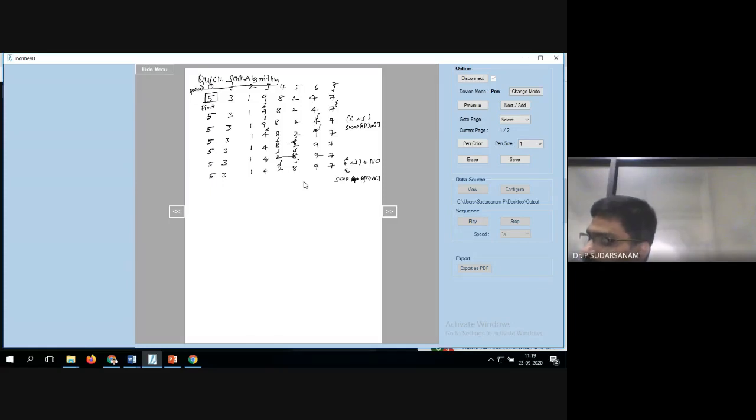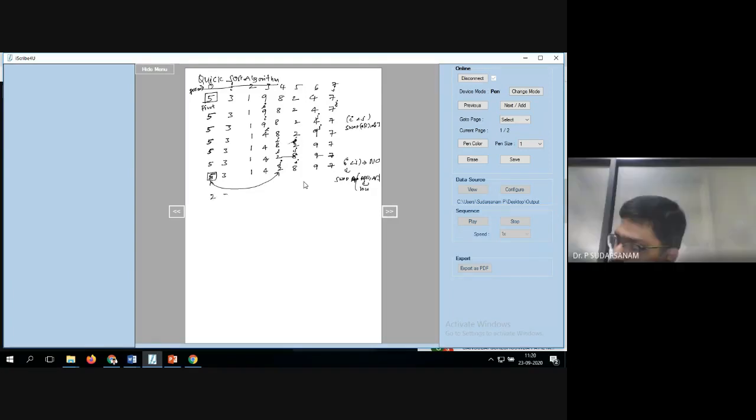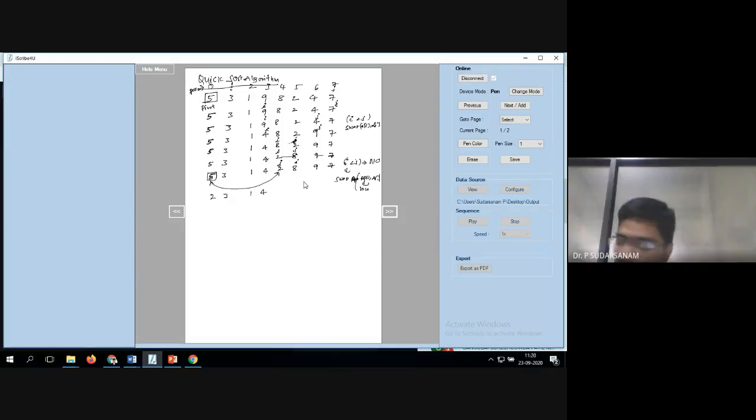This is nothing but the low. So this is what you have to do. That means the pivot element with this. These two are to be swapped. Now once you swap it, tell me these values. 2, 3, 1, 4, 5.